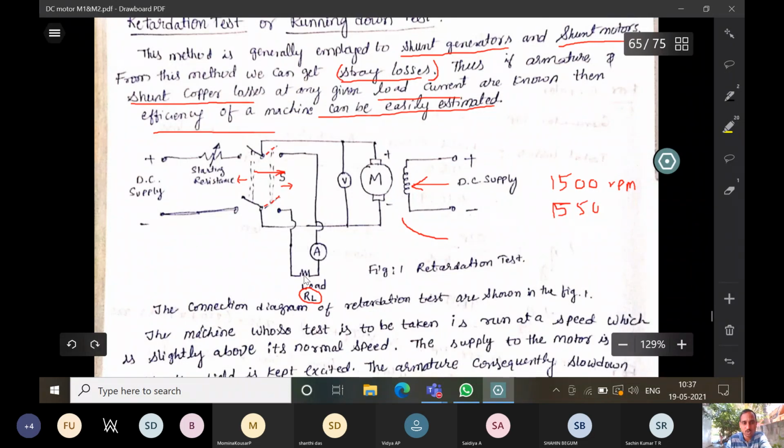Whenever you are connected to the load here, the speed will also be decreasing, and also note down how much current can be shown in the ammeter. Whenever you remove the supply, whatever the losses in the machine can be observed by this test. When you apply a small load across this, the current flowing into the load gives the retardation test values, that is called the stray losses.